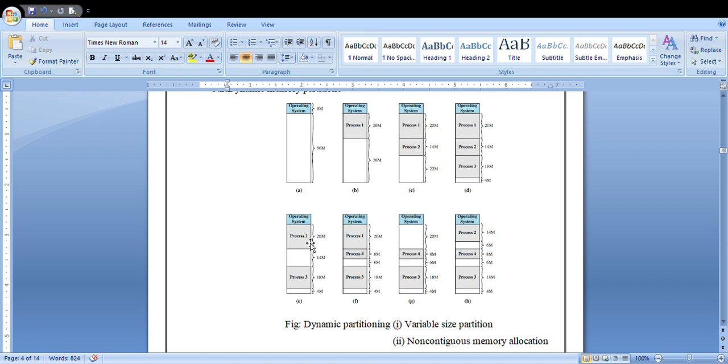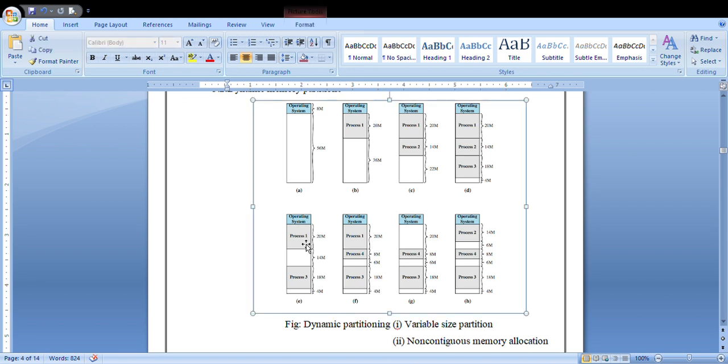You can see here, first the operating system is stored in the memory location. Apart from that, process 1 is first loaded and it consists of 20 MB, but then process 3 is loaded. There is a gap between process 1 and process 3. It is not allocated to any process, and your next process will be allocated 18 MB. This is how your non-contiguous memory location will work.